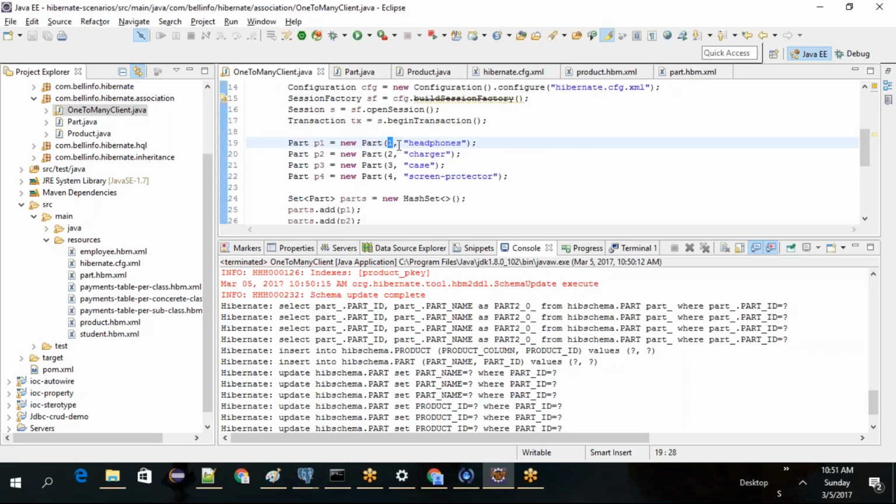Earlier we entered 1, 2, 3 as different values: monitor, keyboard, mouse. Now we entered 1, 2, 3 as headphone, charger, case. So those values have been updated. You need to use 4, 5, 6, 7 kind of thing, so that all the products will be there. Okay,